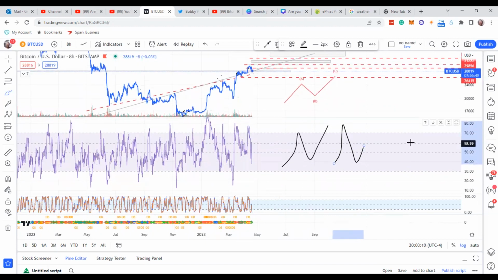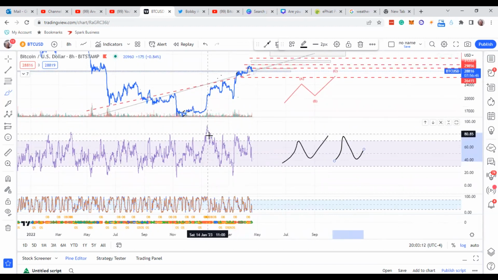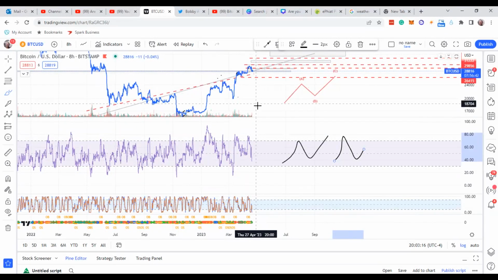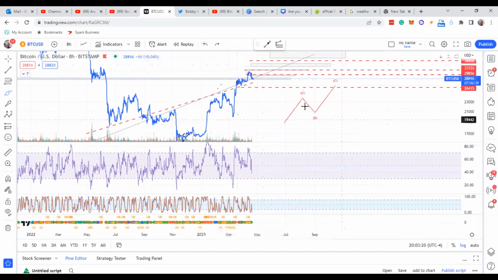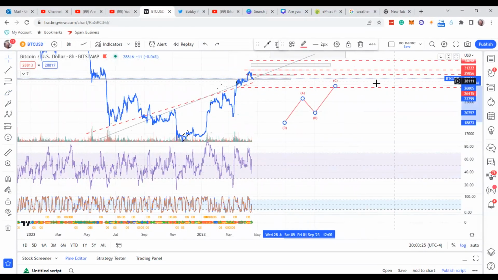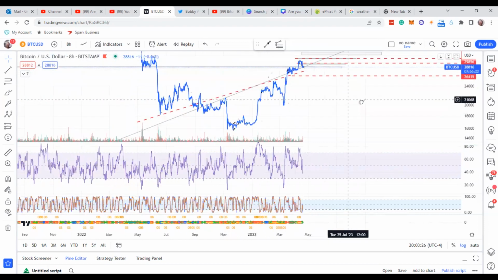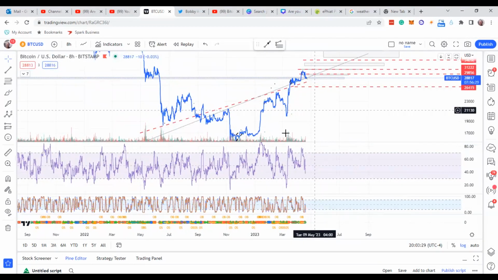So what I'm saying is, you see how this is supposed to be the A wave, and then over here it's below it. That's what I'm saying, guys. Normally they don't play out like that. That's why I'm not an advocate of that being an ABC. The probabilities are a lot lower. So now you got this correction, and now you got an impulsive move out of there. And then you have another correction in this area, and then you got another impulse, and it's correcting again,